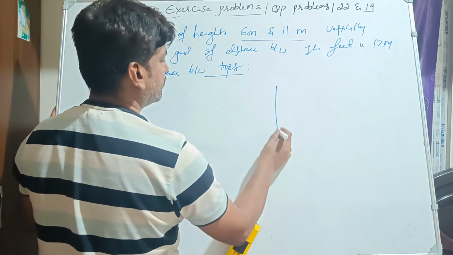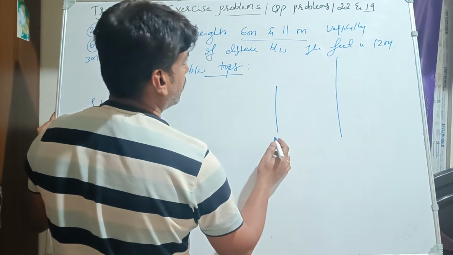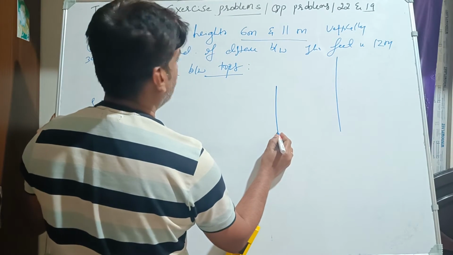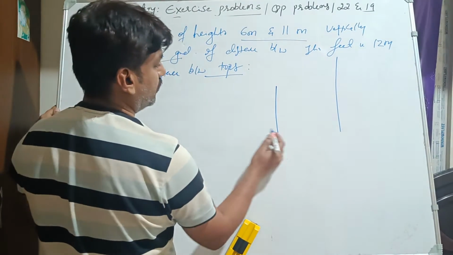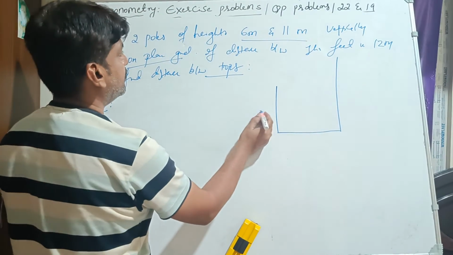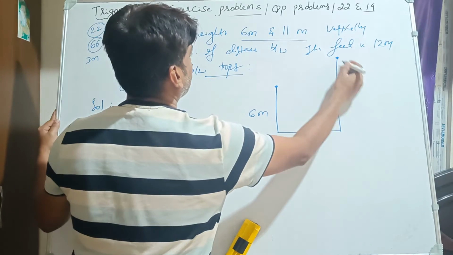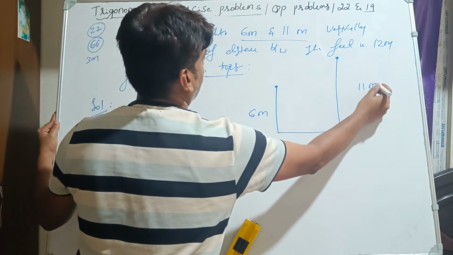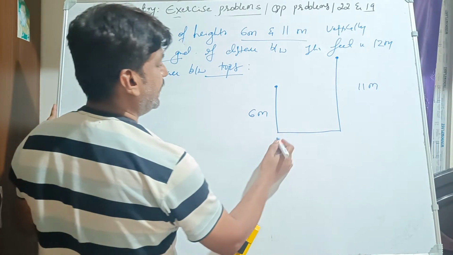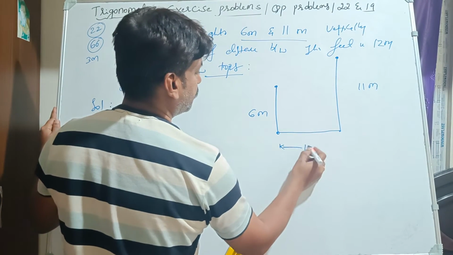So I will take this as the first pole. 11 meter means something bigger, right? Which is standing vertically on a plain ground. So this is the ground I will consider. This is 6 meter, and this portion is 11 meter. Vertical and plain ground. The distance between their feet, they have given, that is 12 meter,